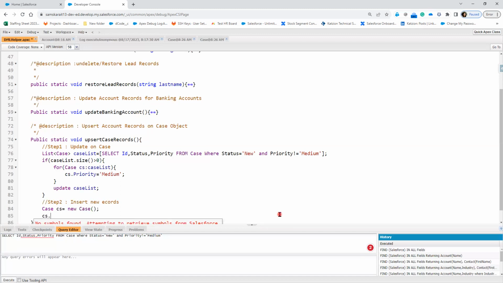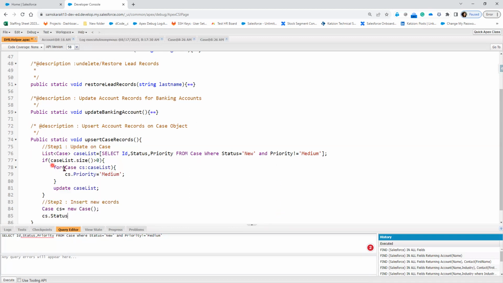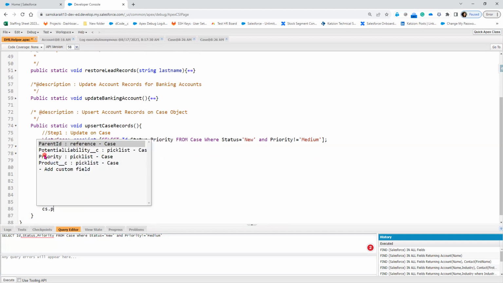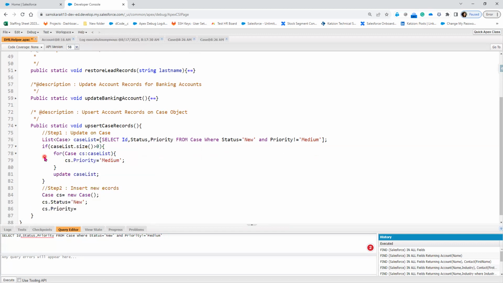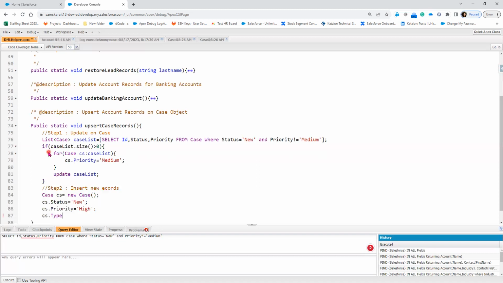And then I'm going to specify CS.Status equal to New and CS.Priority equal to, let's say, High. Now we have a few more fields. CS.Type equal to